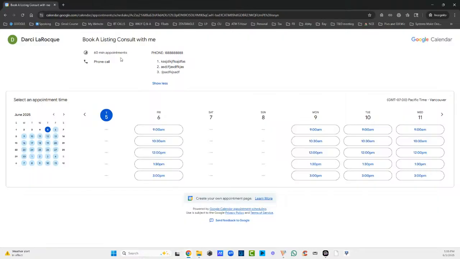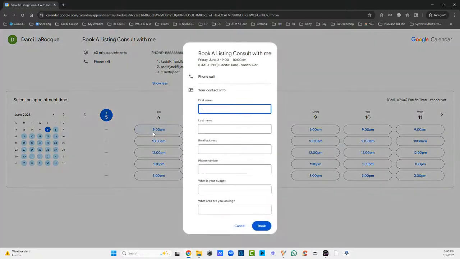There's a 60-minute appointment. That's a phone call. You can literally say, "Please call me," or "I will call you," or whatever. So they'll see that. Then, as a potential client, they'll pick this. Then here's the form. Right now, again, they're only going to get one reminder, but they would fill out this